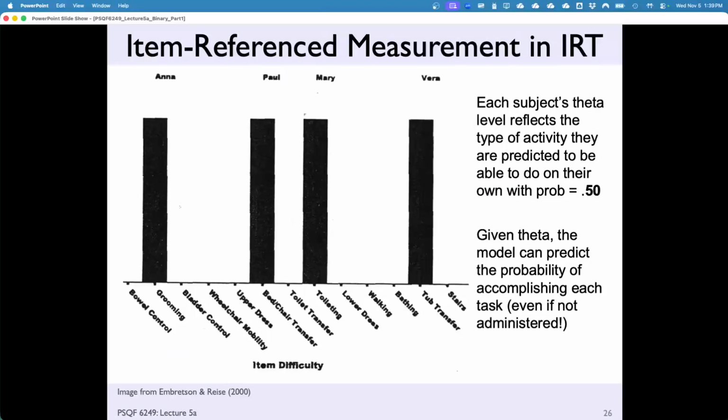We see this a lot in, well, this is whether or not you can do certain types of tasks in a study of aging, right? Grooming yourself all the way to drug transfer or so forth. This is in terms of how hard these items are for an elderly population. We could do the same thing with items on a math test. We could do the same thing with items on that dreaded test in front of you right now, right? Which is order items by how hard they were and describe where you are on that scale.